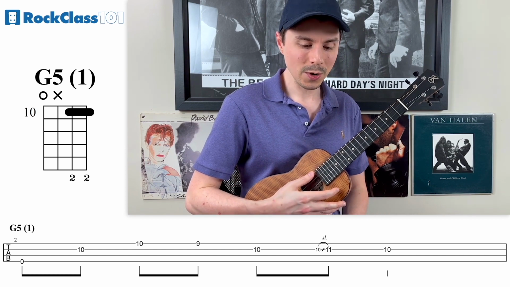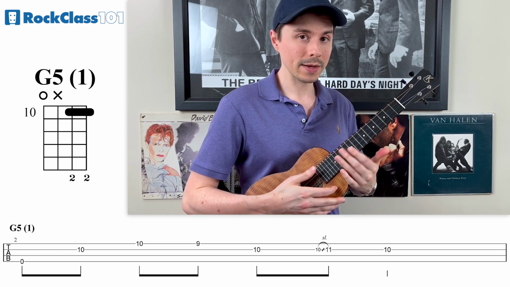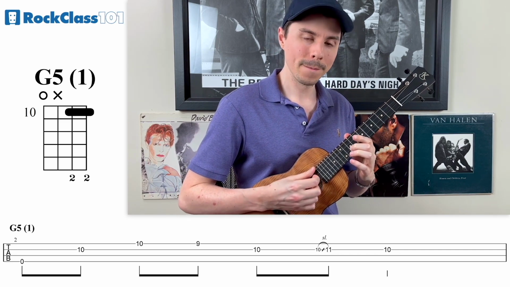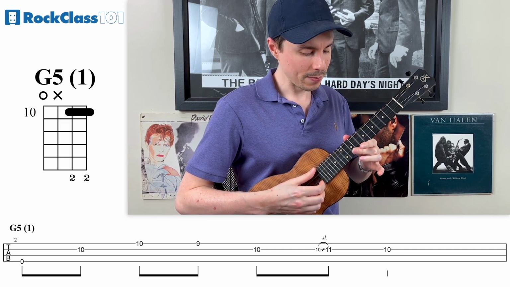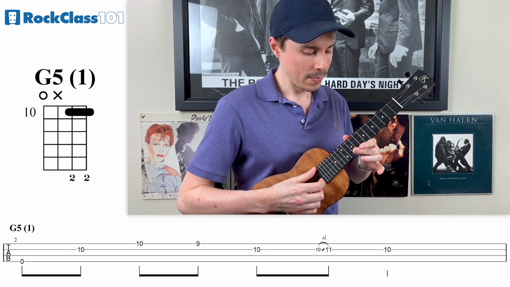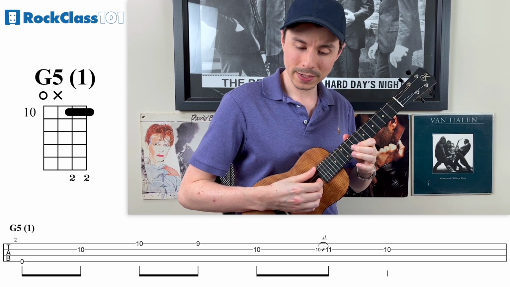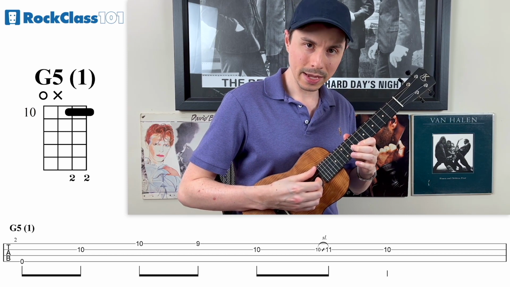So again, we start with that open G. That will buy us time to move our hand up the neck, and we're going to use our middle finger to play 10 on string 2. And then I want you to pivot down with that middle finger, play 10 on string 1, and then use your index to play 9, go back to 10 on string 2, and then play it again and slide to 11,